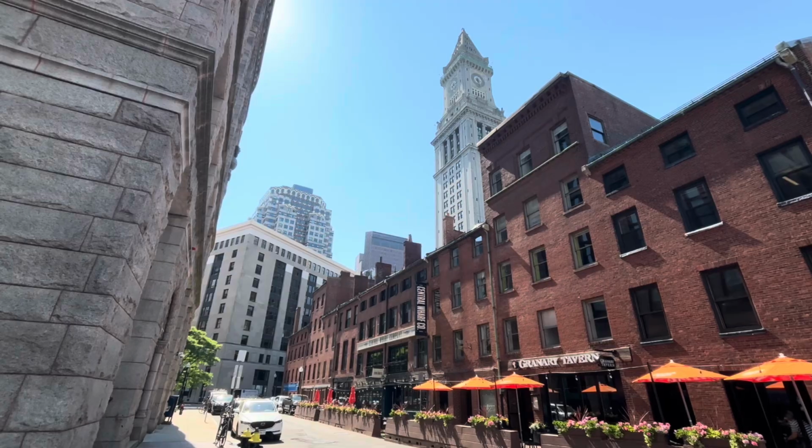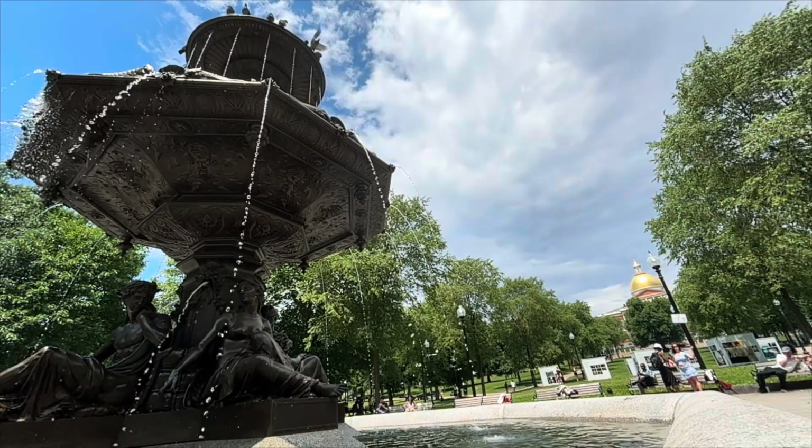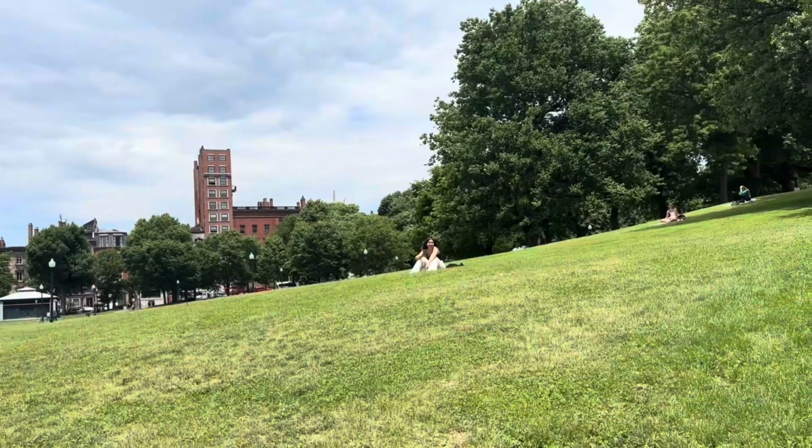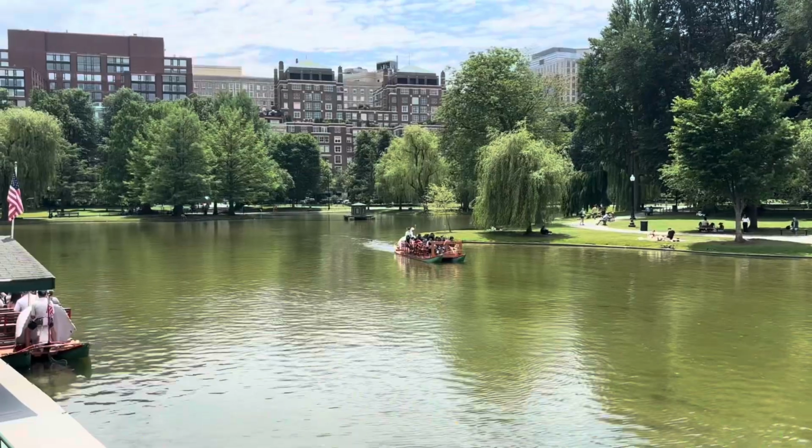And that was the Blue Line. I think it's a really cool transit line here in the United States, and I'm very glad I got the chance to ride it. Now, Bear and I were ready for a day in Boston, and we started off by